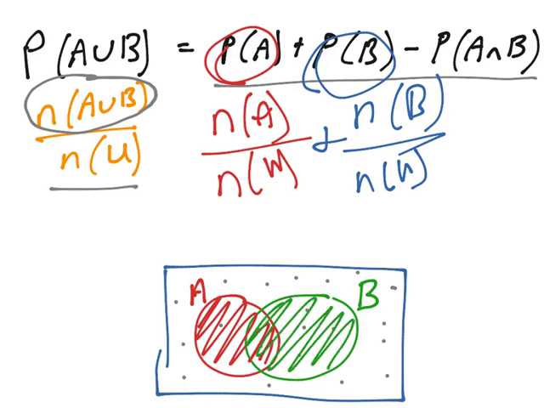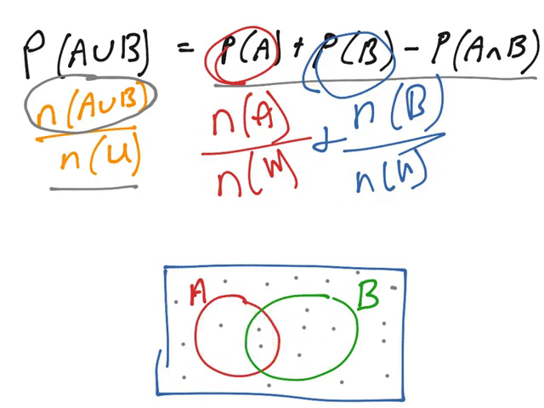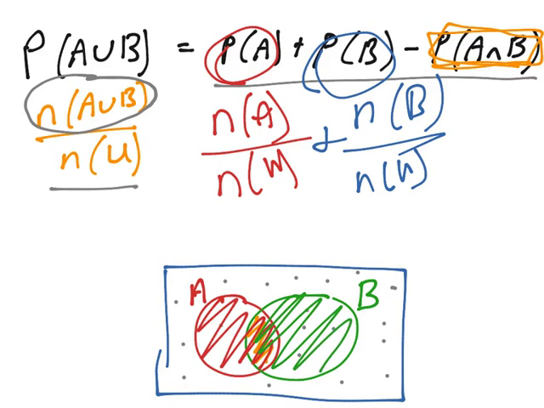But notice, if I just do this sum here, I'm going to double count these two here. Those two are being counted in this calculation and this calculation. So to fix that, we can just remove that double counted part. And the double counted part is this guy here. A intersect B is this part here. So we'll add all the events in A and all the events in B and remove the double counted part to get the number of ways of A union B, and this fraction is the probability